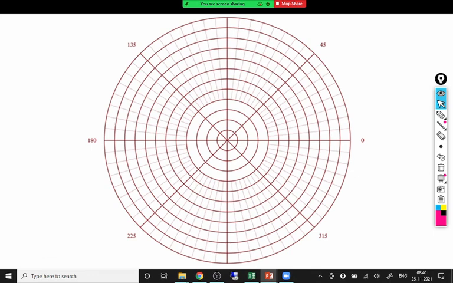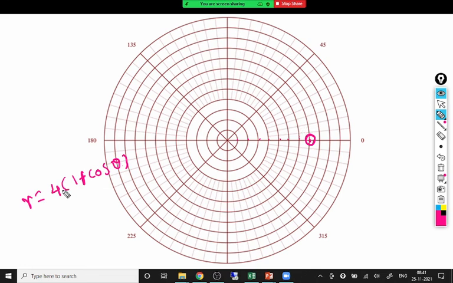So here is the graph paper, and let me plot r equal to a(1 plus cos theta). Say I will take a as 4, r equal to 4(1 plus cos theta). Now can you quickly tell me a few values? What is the value of r for theta 0? 4 is not the correct answer. What is cos 0? Cos 0 is 1. So r is 8. So this is the point we get, 8 comma 0. This maximum length we get on the right side, so it is a right hand cardioid.